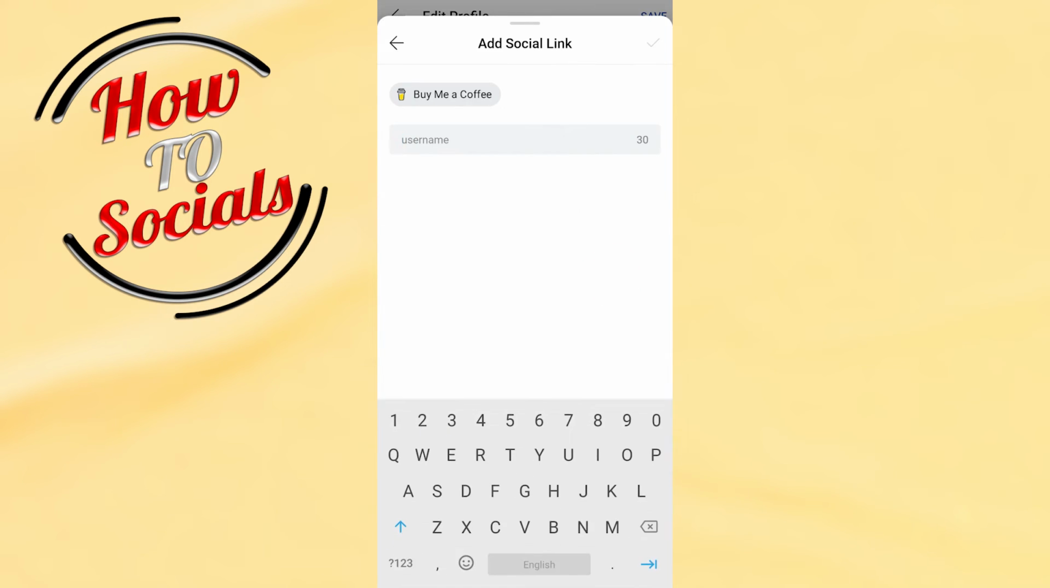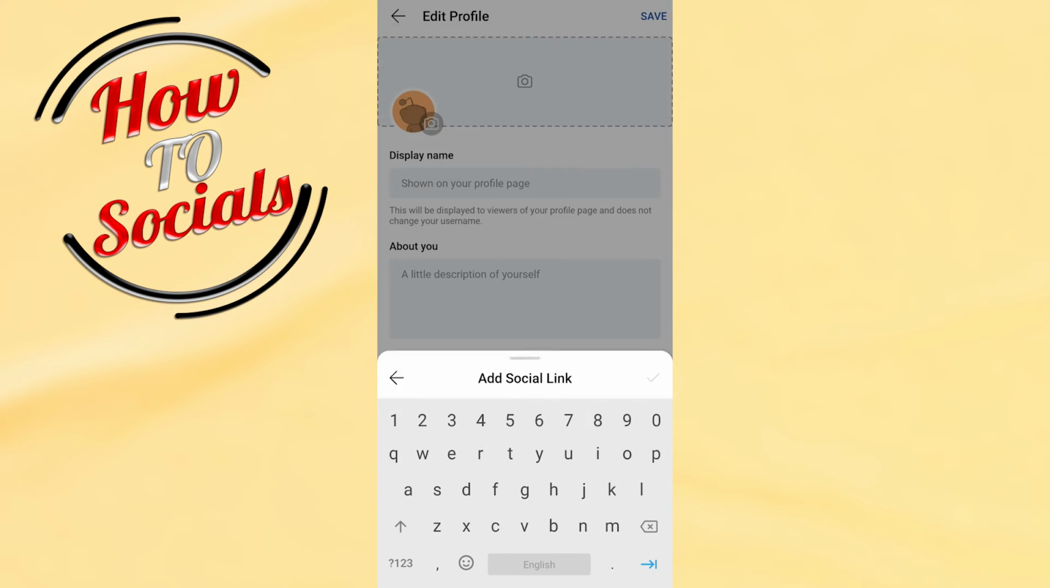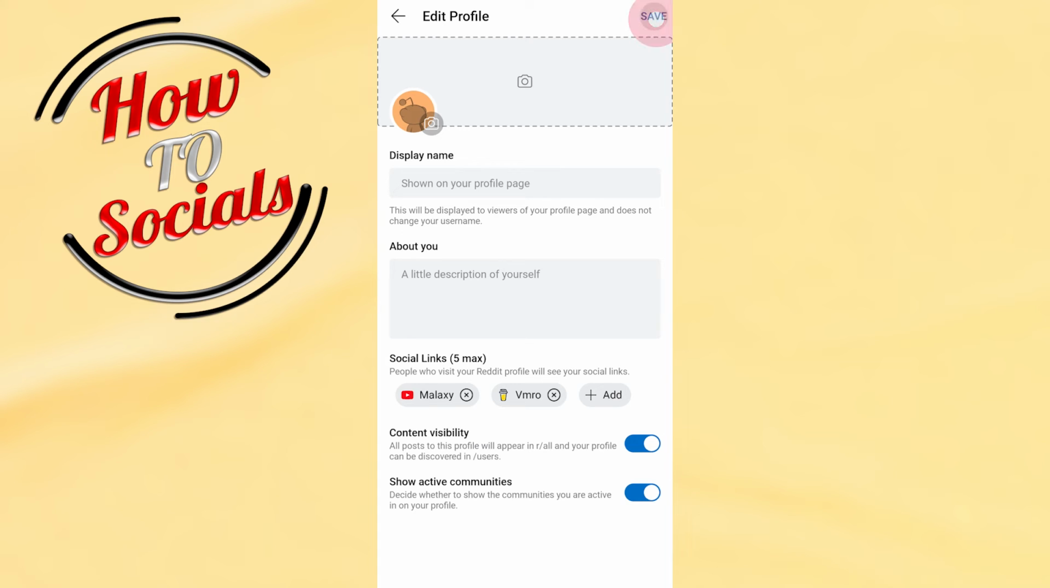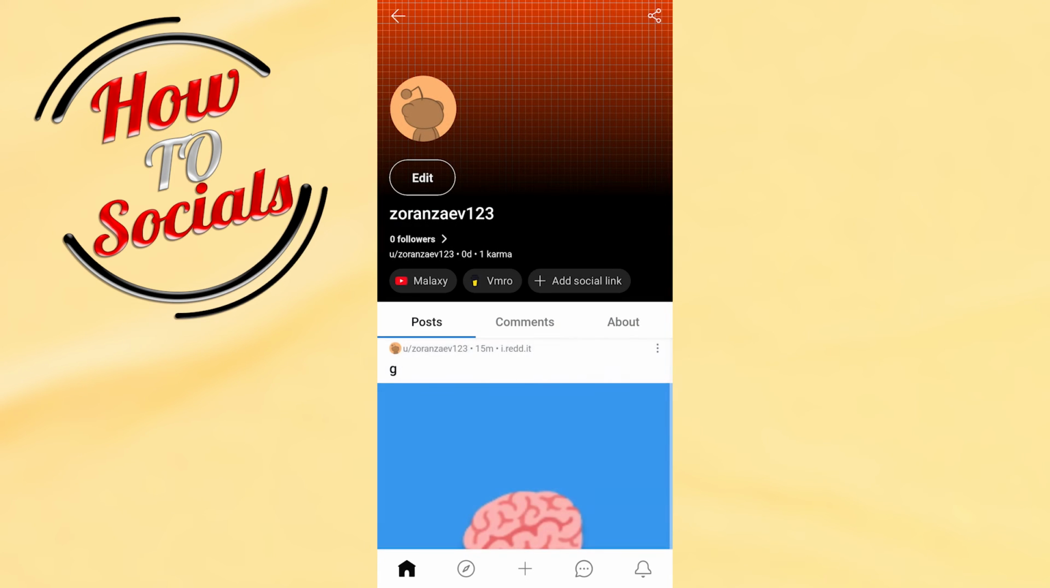For example, buy me a coffee, which you can add with just a username, for example this name. Then as you can see, just go save, and now we have added social links to our